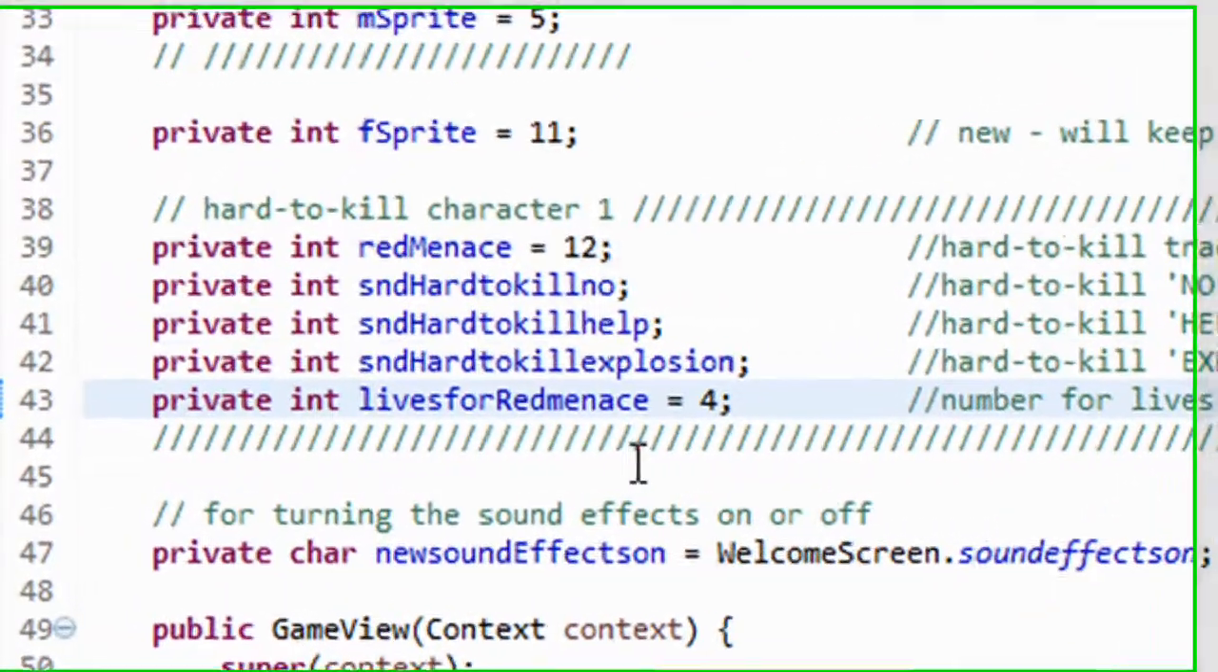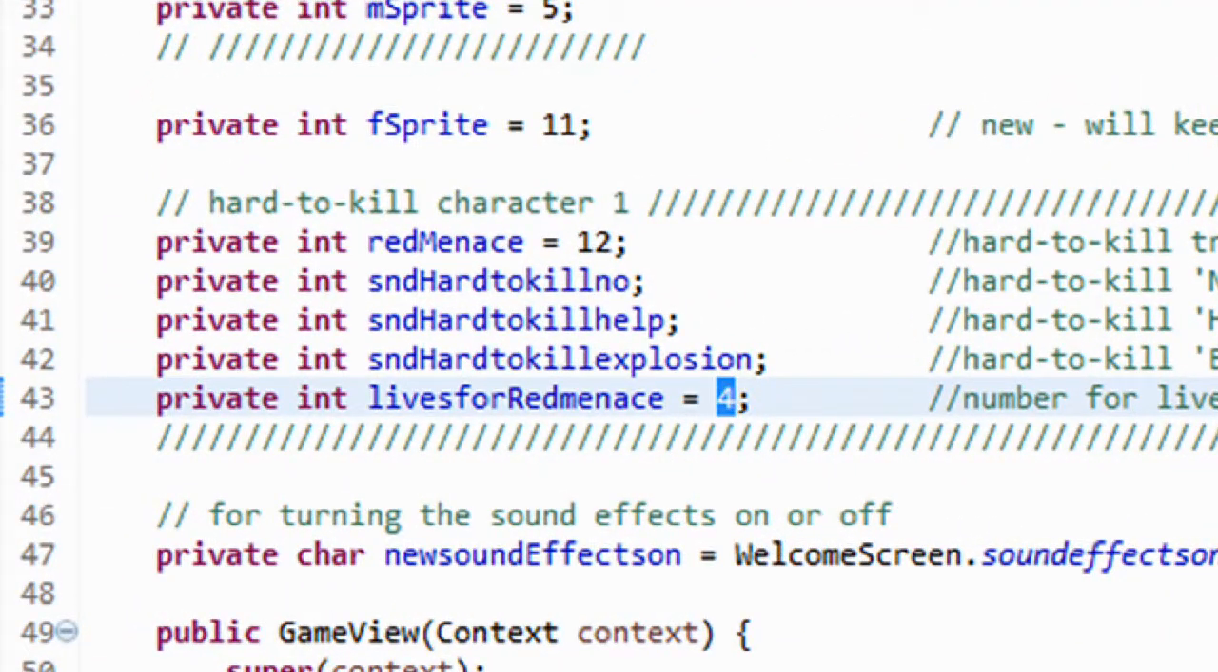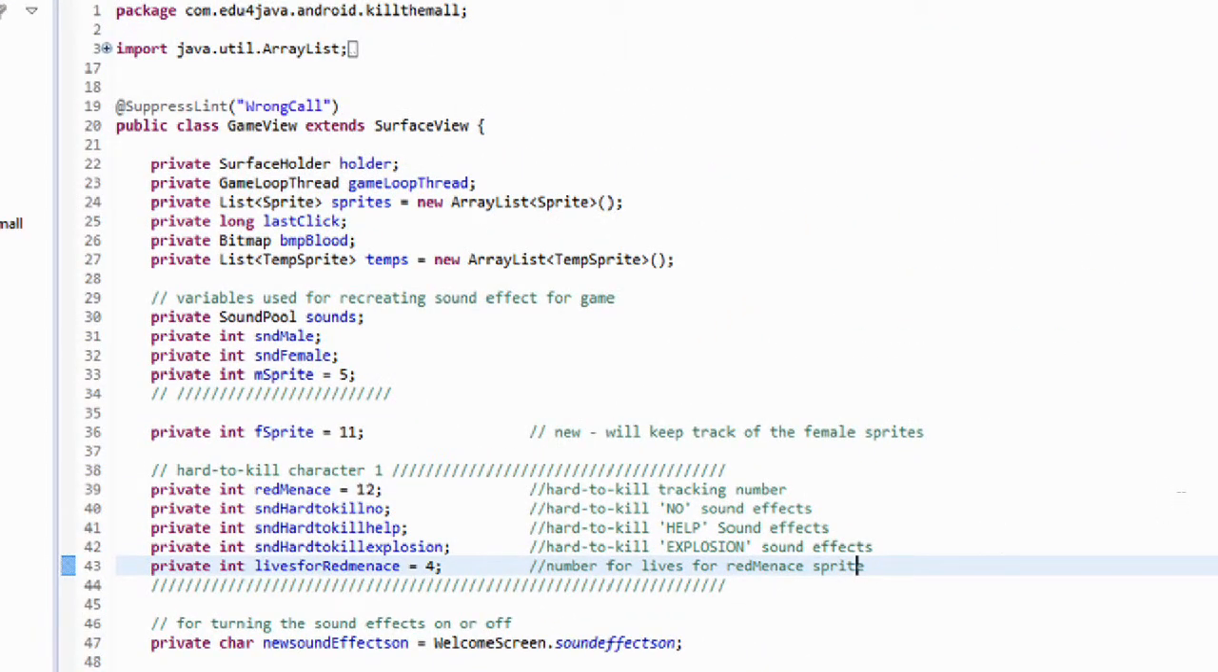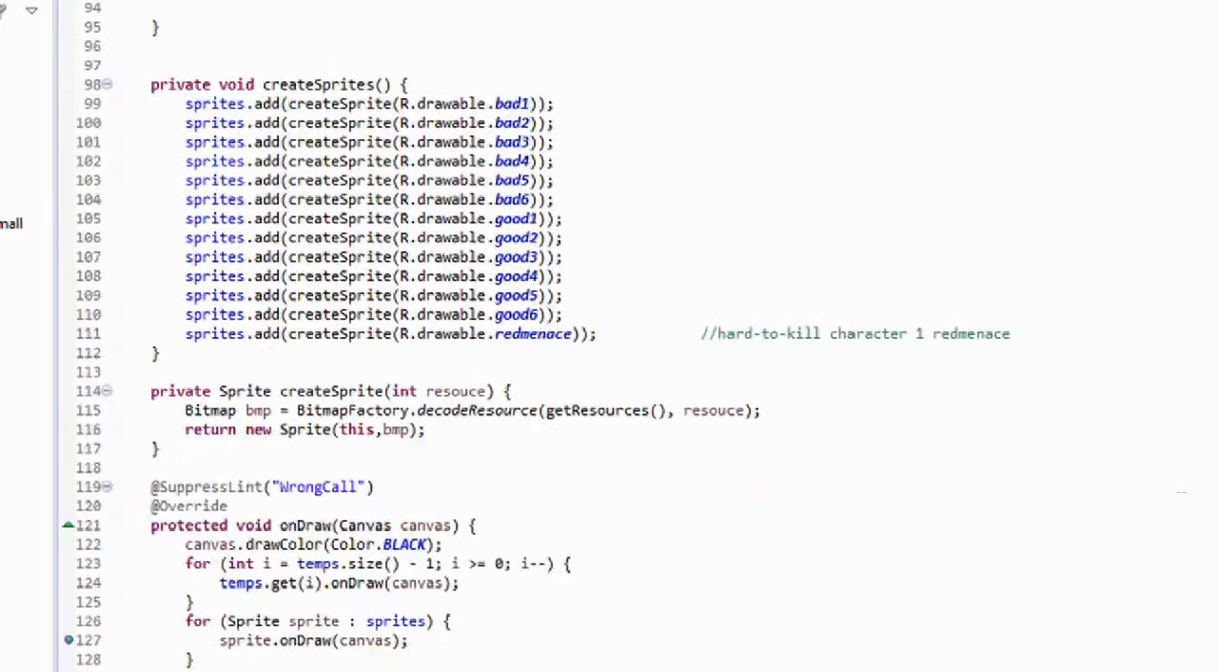This is the lives for Red Menace, and we set this to 4. Now I can show you just how easily you can customize this. You can change this 4 to 6, save it, and then run the game, and see how the sound effects work with 6 lives instead of 4. Then reduce the 6 down to 3 and see how the sound effects work, and basically you'll find that, scroll back down to where we were,